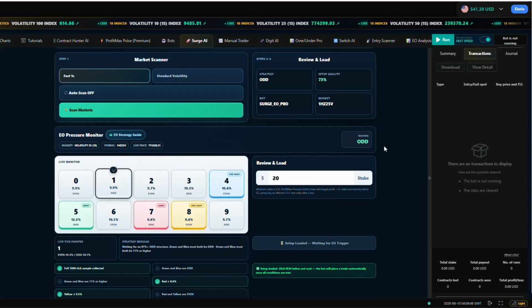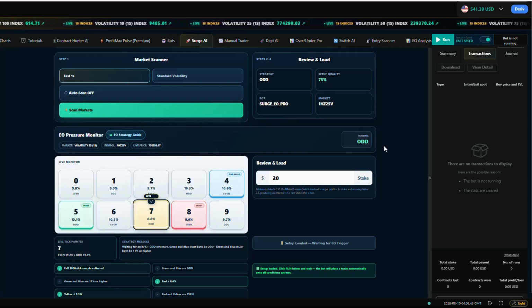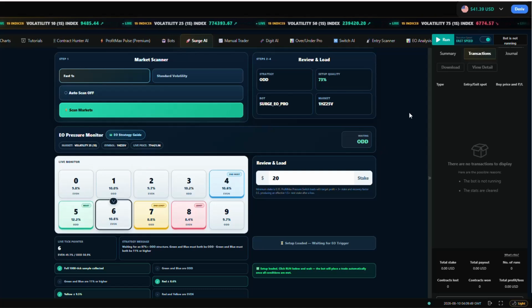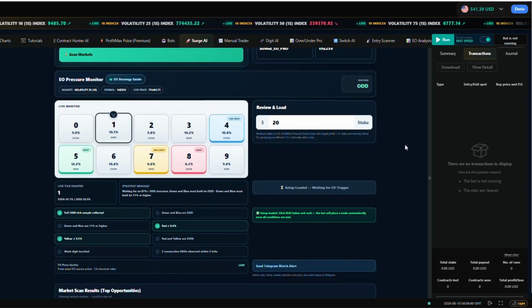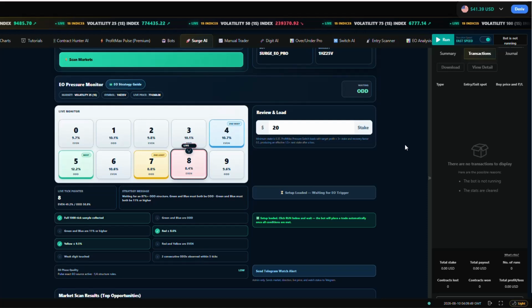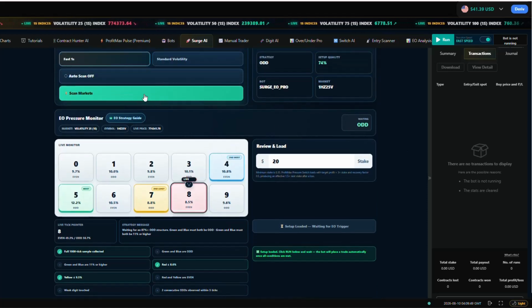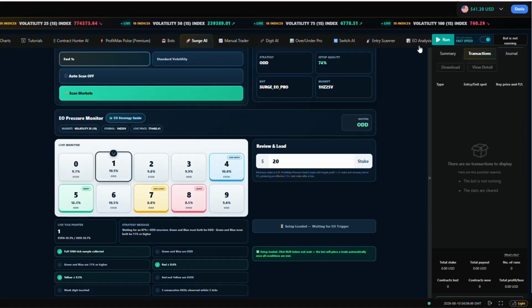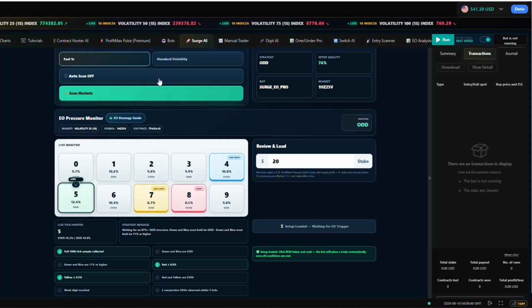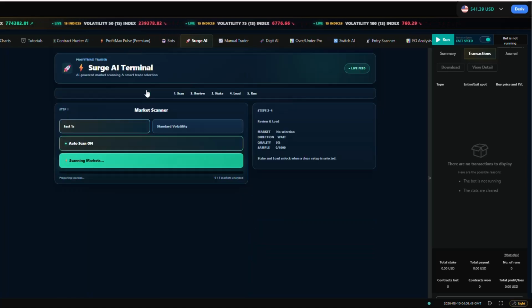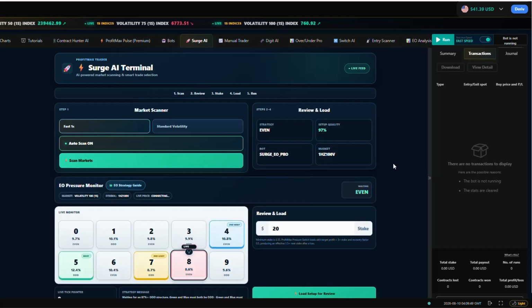Let's hope we get trades, but all you need to do in case you see the market is not favoring, you simply, of course, stop the bot if you had run it, and then scan markets again like that. Okay, let's hope we get at least even 1 entry, and you look at the performance. So 101s